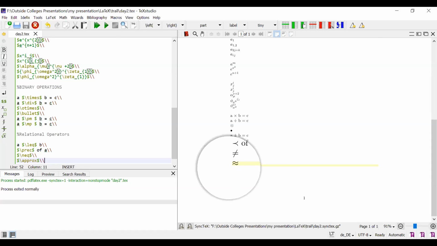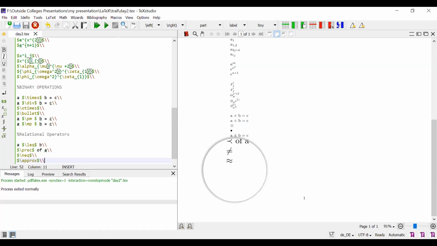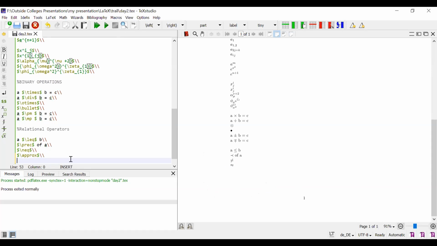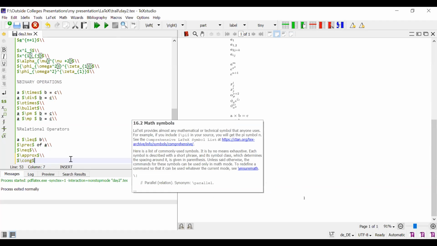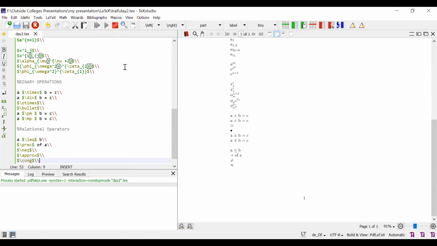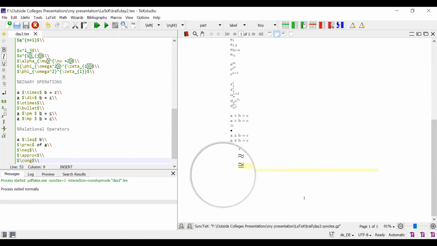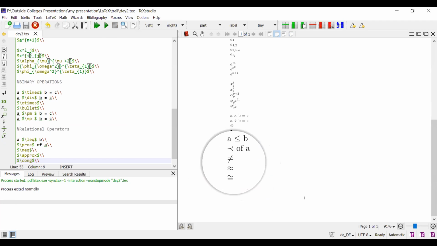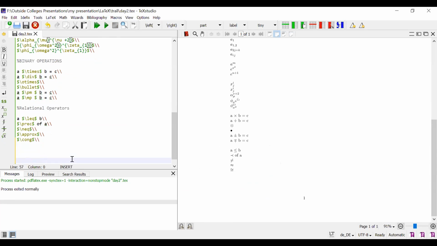Next, congruence: ampersand symbol, slash \cong, congruence. See this? Congruence. So like this, you can perform any type of relational operators.